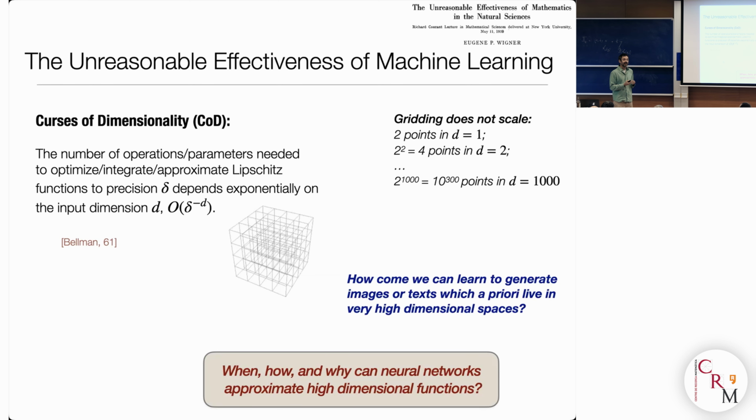But this means that in the problems we have applied machine learning to so far, there is sufficient structure in the data that, at the end of the day, there must be something intrinsically low dimensional that is actually being learned by the network, and they are very good at learning that. But what this structure is, we really don't know. And why they are so good at learning it, we don't really know either. So these are fantastic questions, I think, for mathematicians.